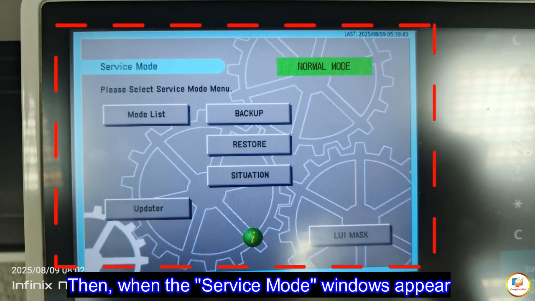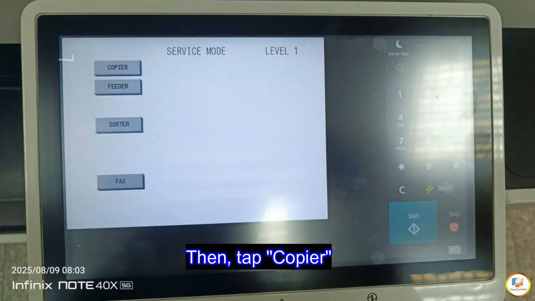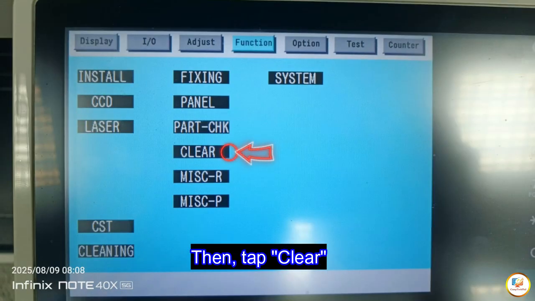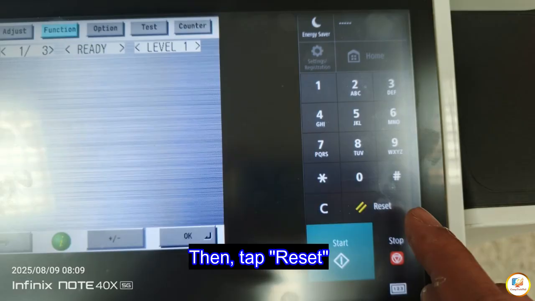When the service mode window appears, tap mode list. Then tap copier. Then tap function. Then tap clear. Then tap WPWD-CLR or password clear. Then tap reset.